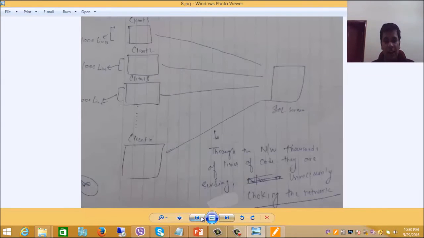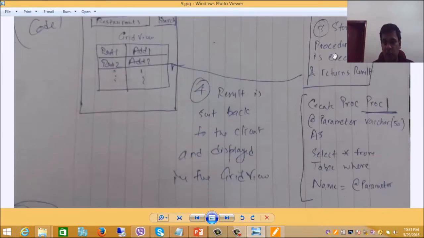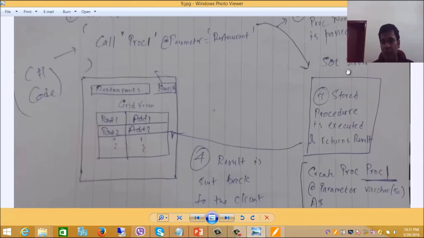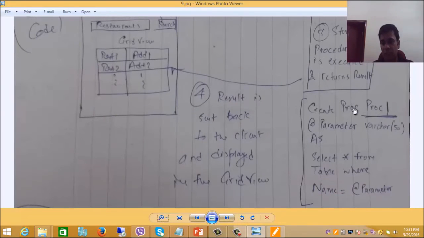So to avoid the network pressure, what I can do, I can create a stored procedure like this. And this stored procedure will be created in the SQL Server. So if you notice, I have created a stored procedure, create, this is the name of the procedure, and this is the parameter of the stored procedure, which is of string type, and I am writing select star from table where name is equal to parameter.